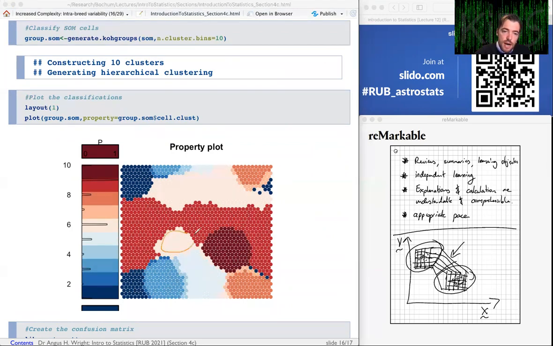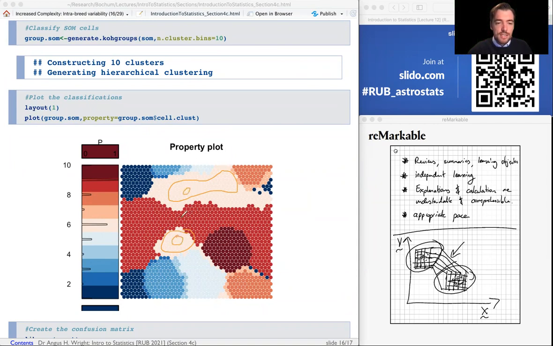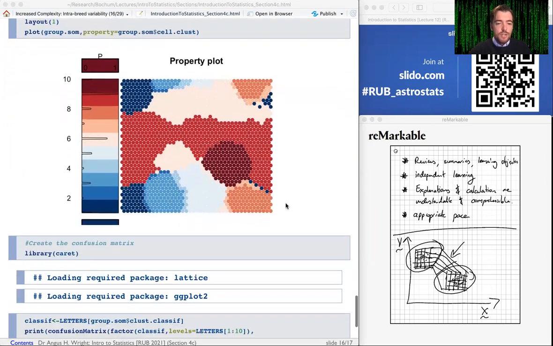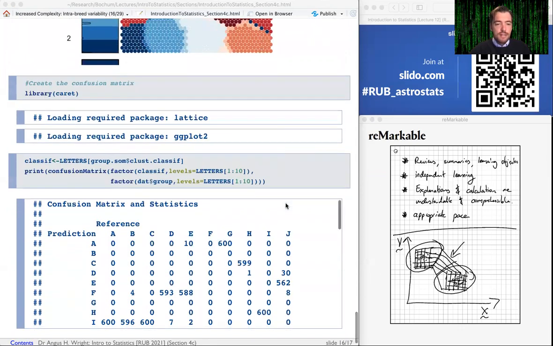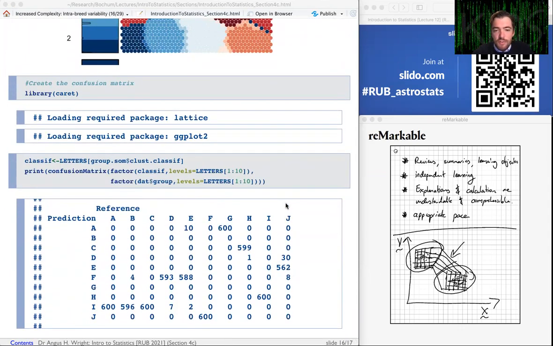These cells here are actually closer to these cells here than they are to the red ones that are in between them, because this is a 4-dimensional topology that we have then squashed down into 2 dimensions. And so you end up with these jumps in the 2-dimensional space. But in reality, these objects are actually closer to these objects than they are to the red ones. It's an interesting thing to recognize. We can then use this manifold, we can then use this classification to calculate the ability of us to classify